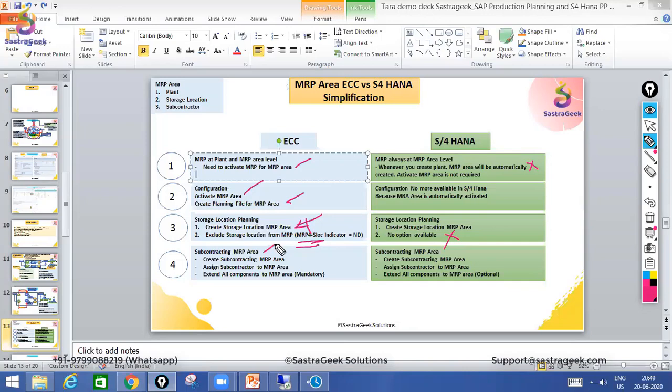Yeah, but I guess the storage location view is independent of the MRP view, right? No. In ECC,